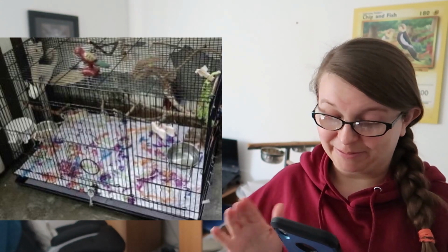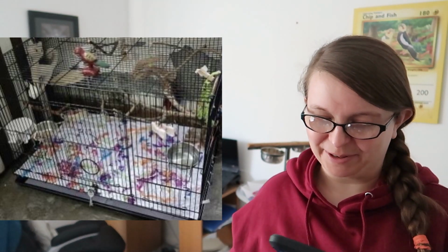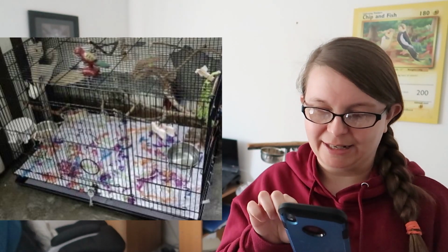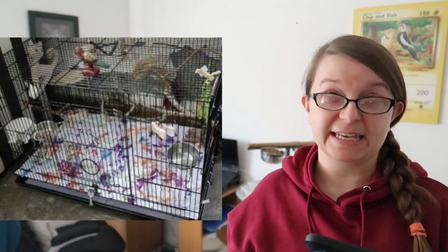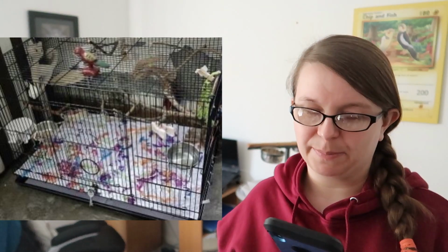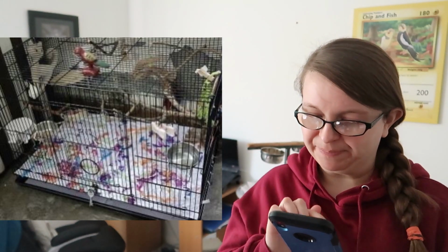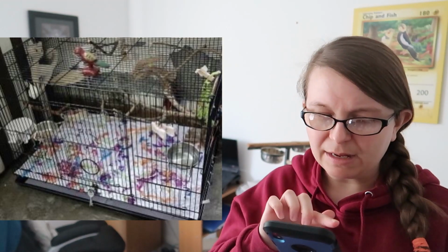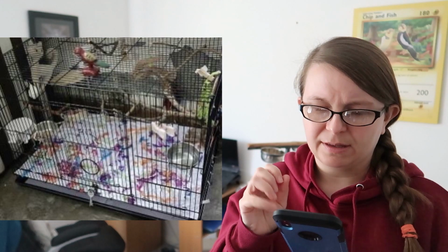You're really using the base of this cage, which is brilliant. So there's like a paper base, lots of crinkles all over it. I really like to see that. And even with the cage as it is, you've really managed to utilize that space, which I really think is awesome. I would say with some suggestions, I think there's like a little cat toy at the back